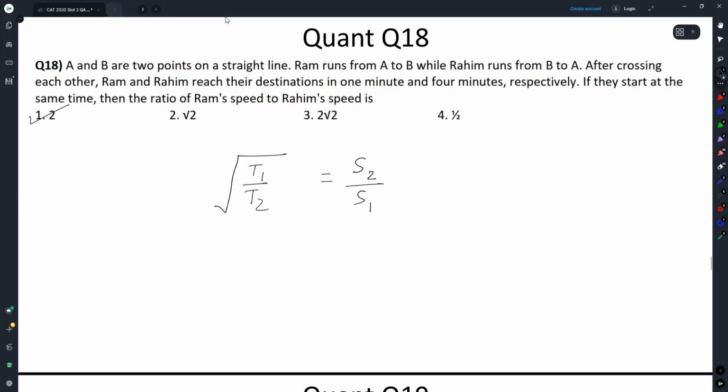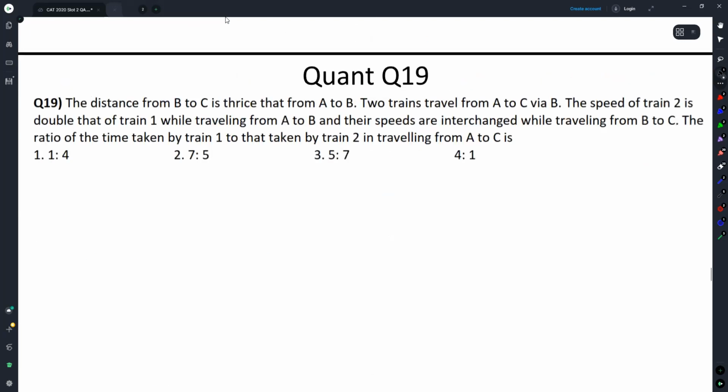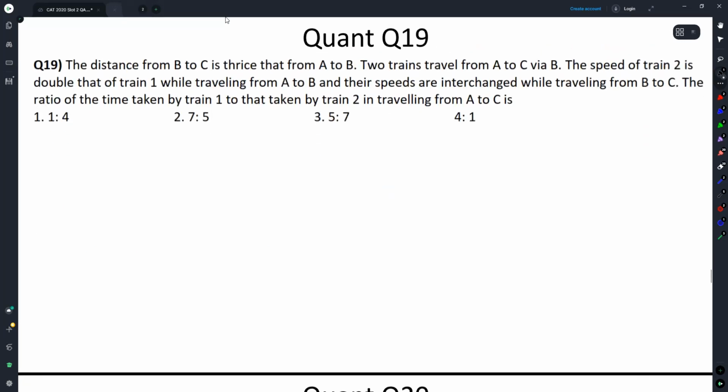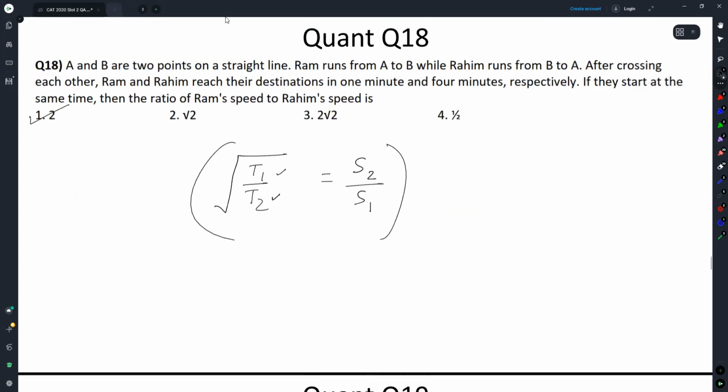This is the time after meeting to the destination when they start simultaneously. There are other conditions. Don't randomly fit this. When they start together and the time taken here is from the meeting spot to the destination or the initial point of the other one. Okay. So 4, 1. This is slot 1 question, precisely the same question all over again. This I hope everyone says round 1.